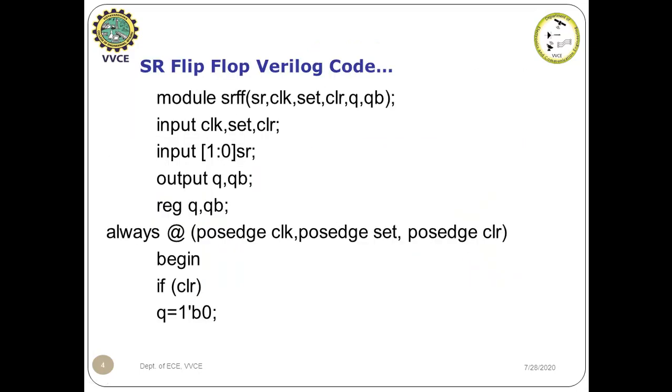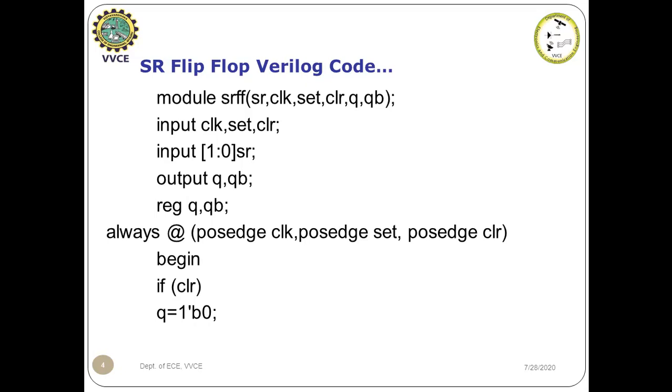Let's look at the Verilog code here. My module name is SR flip-flop. Module is the keyword or reserved word, and the module name is SR flip-flop, and the input for my system is SR. Since S and R are 2 bits, I am using SR as a 2-bit vector quantity. I am posting the value directly as 00, 01, 10 and 11. Henceforth, I am not operating S and R separately as scalar inputs. I am concatenating them by choosing SR input as a 2-bit vector quantity.